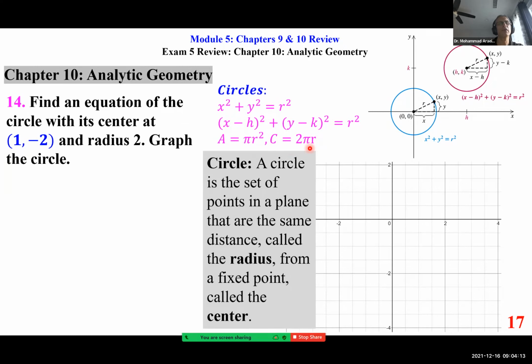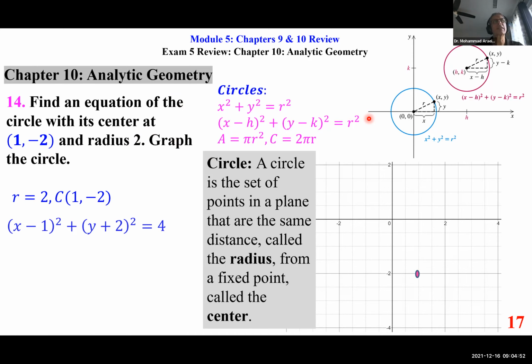So we have the radius, we have the center, and we are going to put it into this equation. X minus h, that means x minus 1 quantity squared, plus y minus k, that means y minus -2, which makes it +2 quantity squared, equals r squared, 2 squared, which is 4. So basically, this information goes into this equation, and that is the equation. Now,